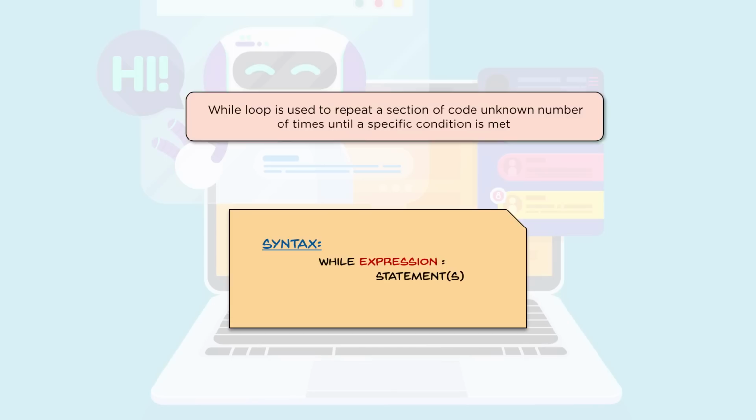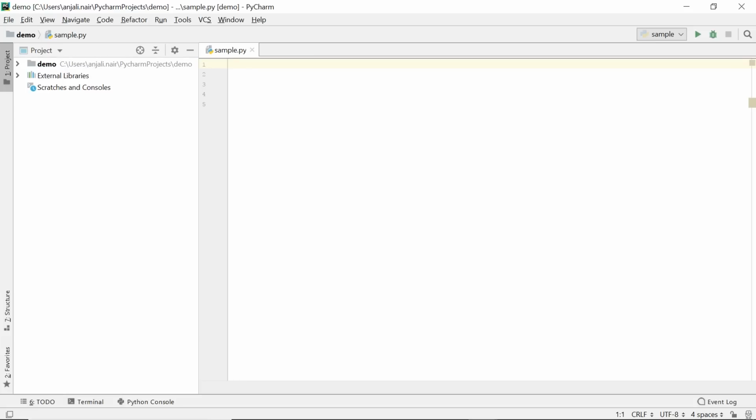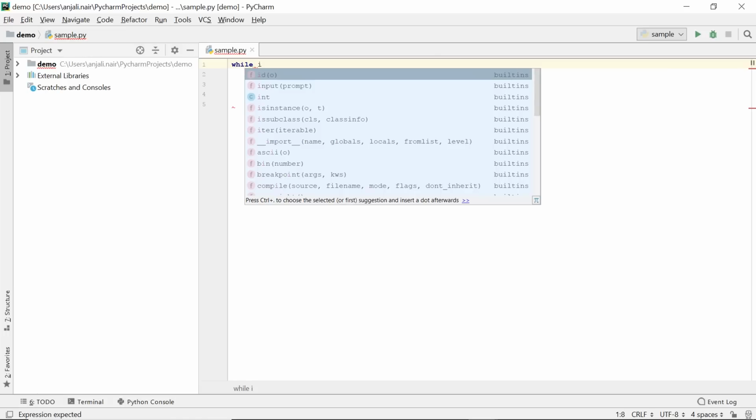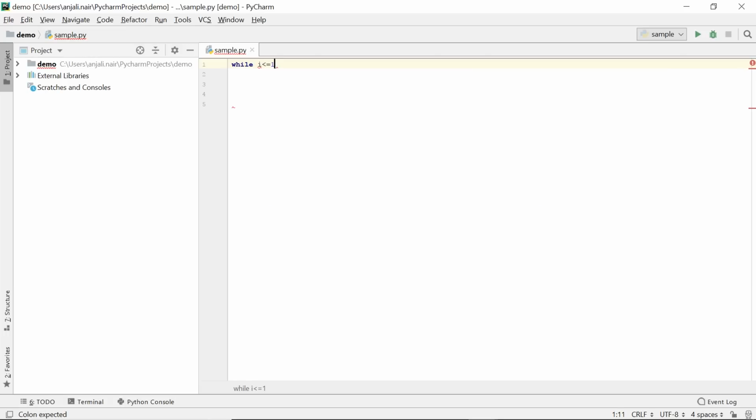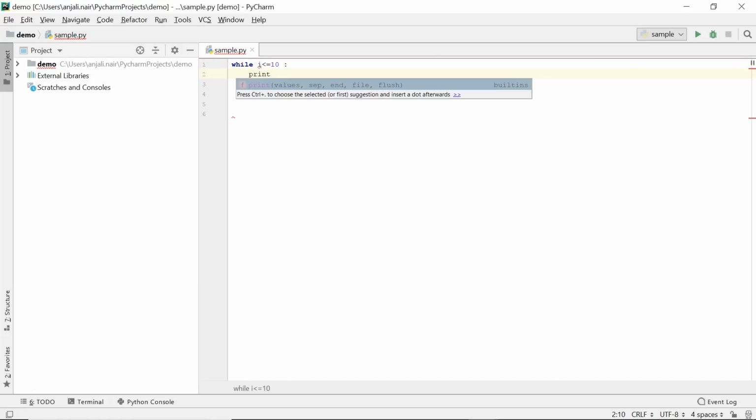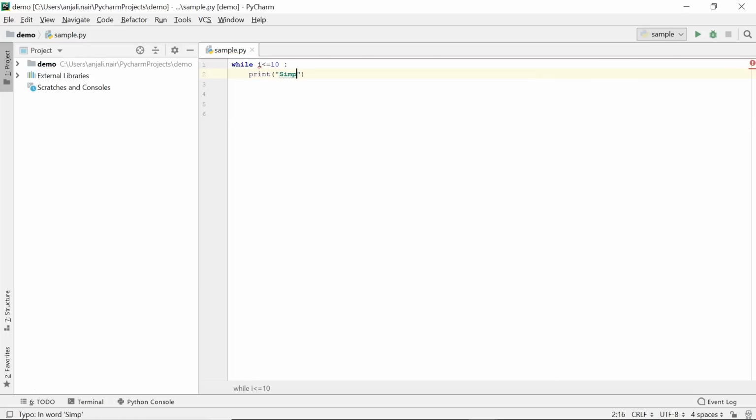I'll be performing my demos on PyCharm. Now my first demo is a typical example of any loop statement. Suppose I want to print the string Simplilearn 10 times. I could do this using the print statement alone and have the statement copy pasted 10 times. That could work, but with loops we have a much simpler way of doing this. Since we are talking about while loops, that's what we'll use. So say while, and I want to print my string 10 times. So i is my counter, and I say i less than or equal to 10, colon, and in here I put my print statement just once.